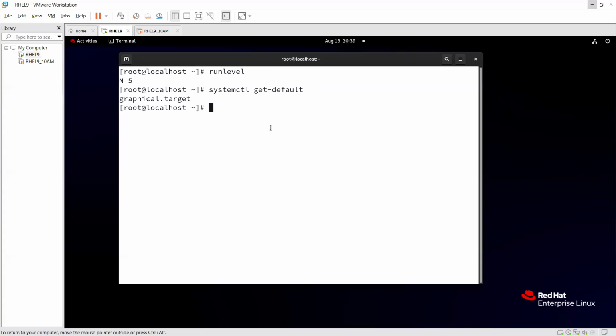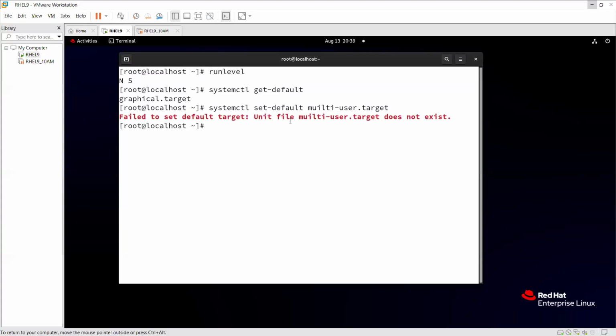Now, how to change these target groups? Generally, to change the target group, systemctl, I want to use the option set-default. I want to set it to multi-user.target. So what is meant by multi-user.target? It is run level 3. It is run level 3. So if I enter it